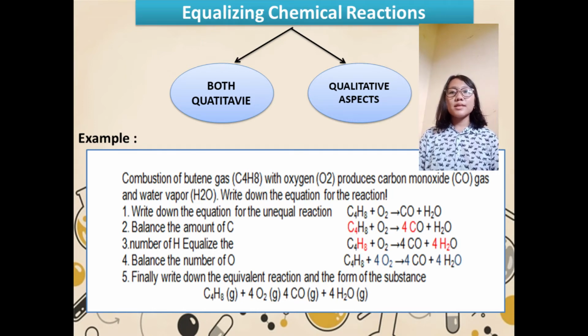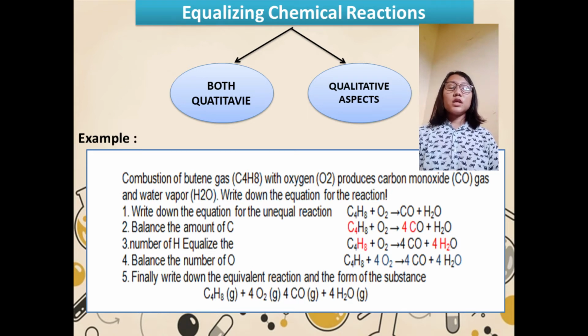The steps in balancing a chemical reaction equation are as follows. 1. Write down the unbalanced reaction equation. 2. Determine the number of atoms on the left and right sides. 3. Balance the number of atoms of each element or compound in the left and right sections. 4. Check again the number of atoms in the left and right sections. 5. Give the state of the substance as solid, liquid, gas, or solution.